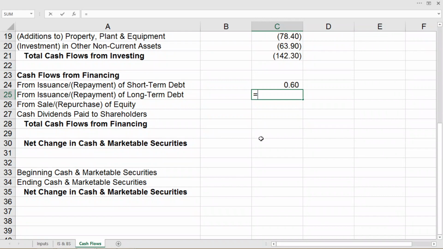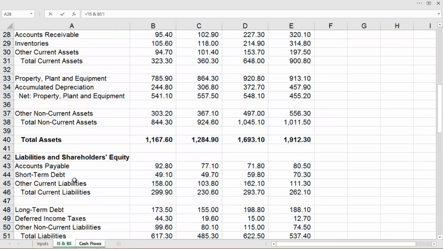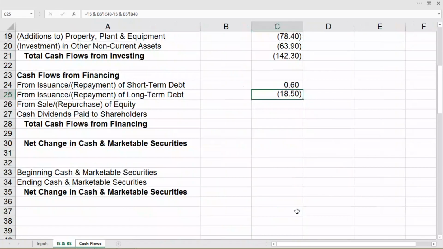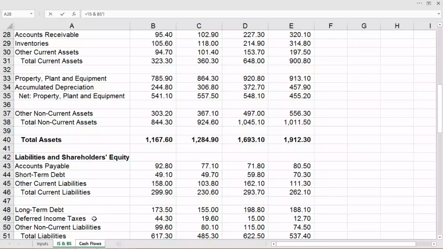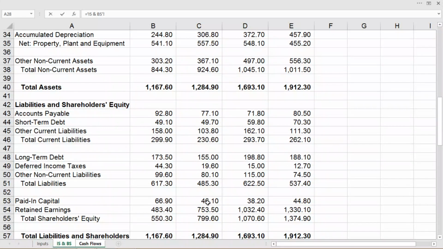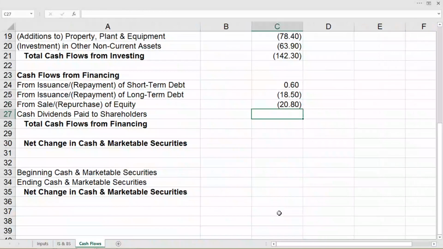For long-term debt, we have equal to C48 minus B48 and enter. For the sale and repurchase of equity, we have equal to C53 minus B53 and enter.